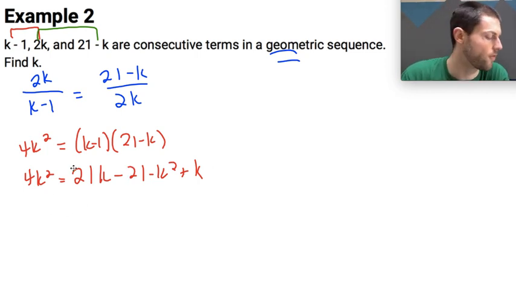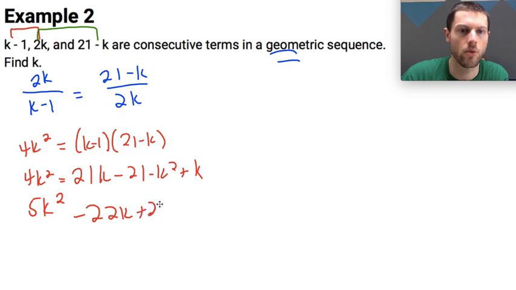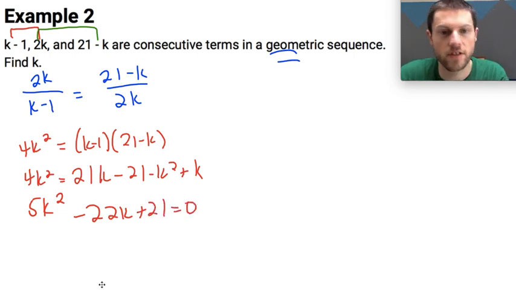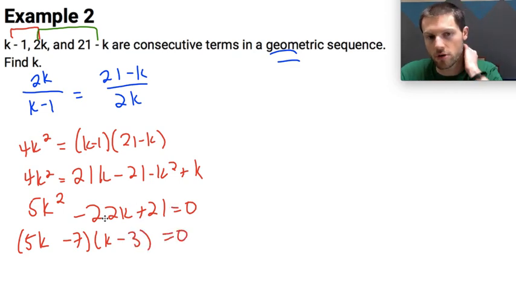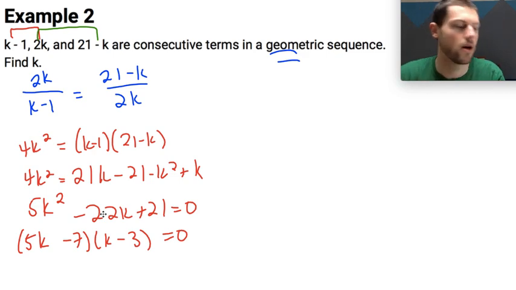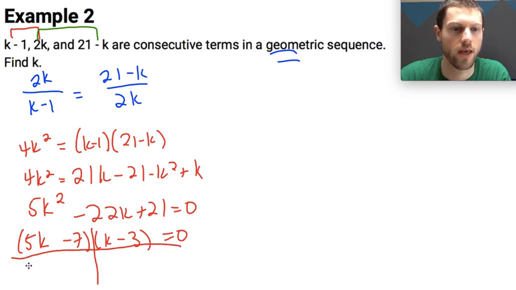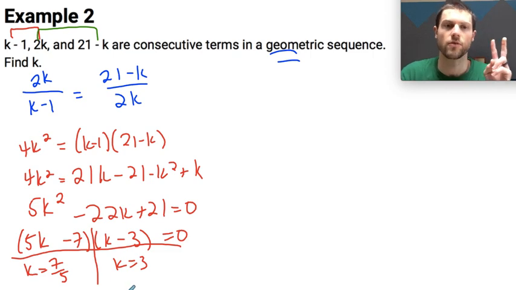Once I do a little bit of algebraic manipulation here, I'll get 5k squared minus 22k plus 21 equals 0. This does factor, so I'll factor this equation to give me 5k minus 7 and k minus 3 equal to 0, and you could check that for yourself to make sure that works. Once we have this, we can separate both factors, solve each, and I'll get k equals 7/5 and k equals 3. So I've got two possible values for k,